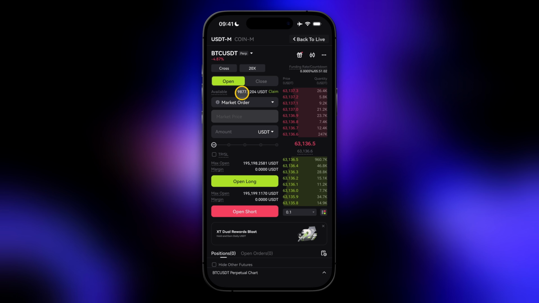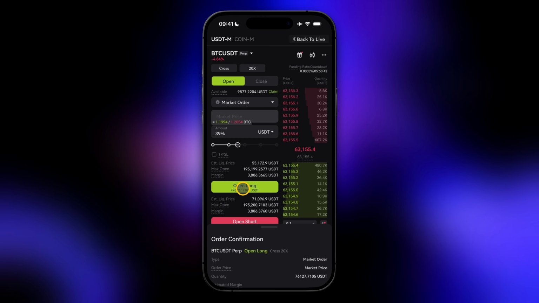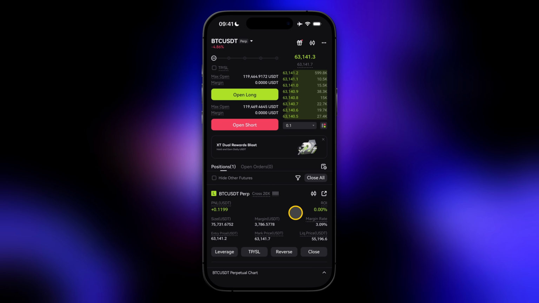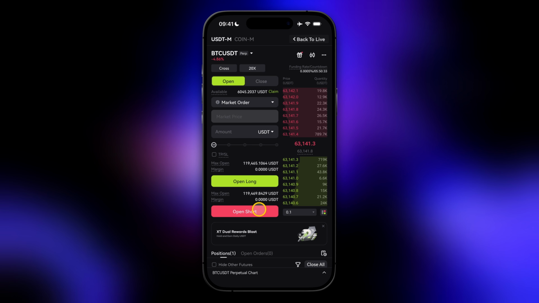You can also see up here that you will get $10,000 of demo funds if you use the sign up link from the description, but you can also claim more if you don't have any right here. And then down here, you can use the slide controller, and let's open a demo trade, for example, just to show you. And as you can see, everything right here works exactly as it would inside of the normal live trading mode. If you want to go back to the live mode at any time, just click right here on